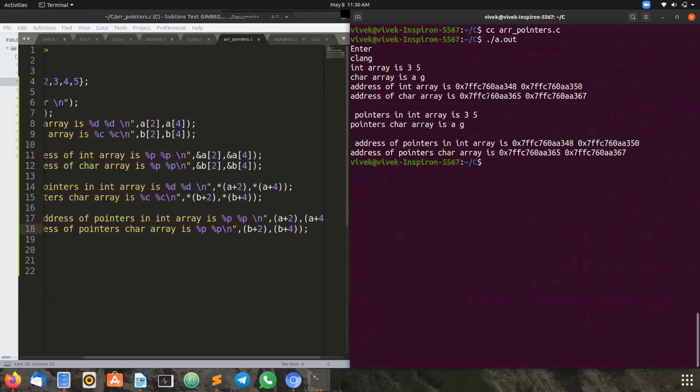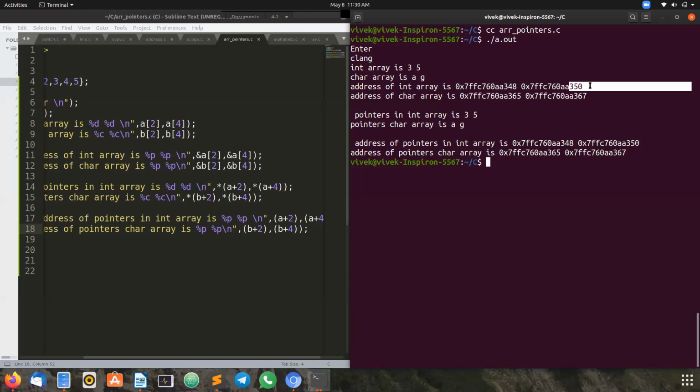Now you can see the same values I entered: 3, 5 and A, G. The addresses of the integer array are at the third index and the last index. See, in between there is only one index. The last values are 348 and, since after a of 2 I'm accessing a of 4, in between 349 will be its address.